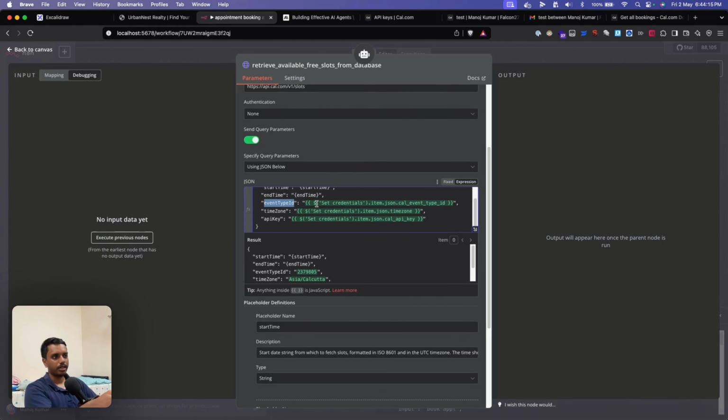Event type ID, we're picking it from the initial node. Remember the set credentials node. Time zone, again, we're picking it from there as well. So I think this is the benefit of setting values at the initial node, or at one place, and then just using them from that central place rather than defining them all over the workflow,